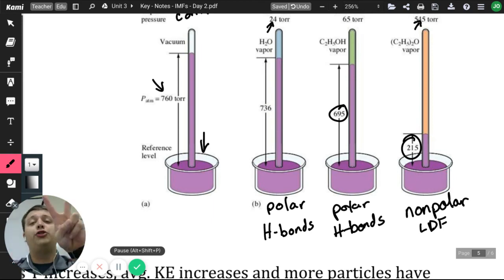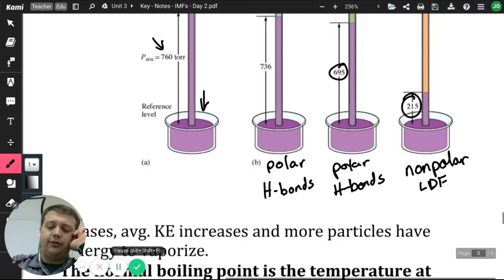Water forms two different hydrogen bonds. Okay, it's going to form two different hydrogen bonds. You've got your oxygen, you've got your two hydrogens here, you've got your lone pairs right there, and then this hydrogen is going to bond to